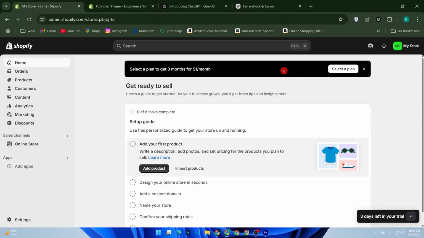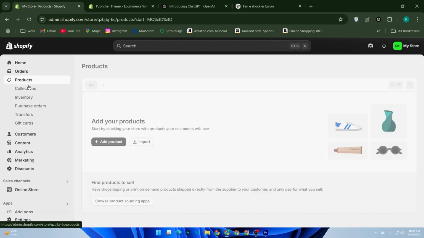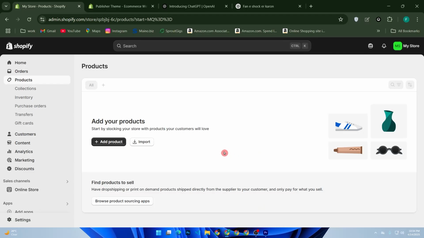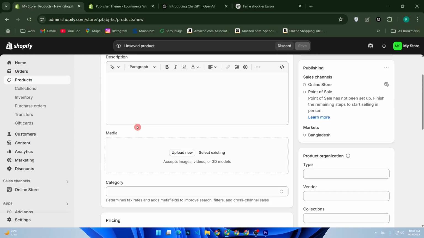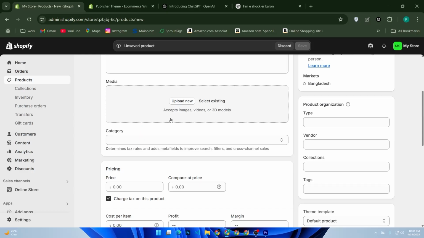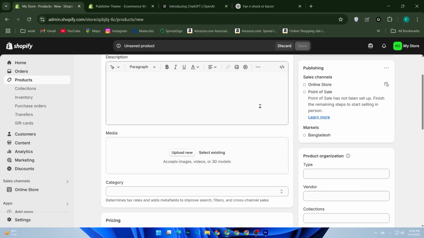Now, go to Shopify admin dashboard, then select product and select a product from here. Scroll to the product description box and now switch to HTML view and paste this basic size chart like